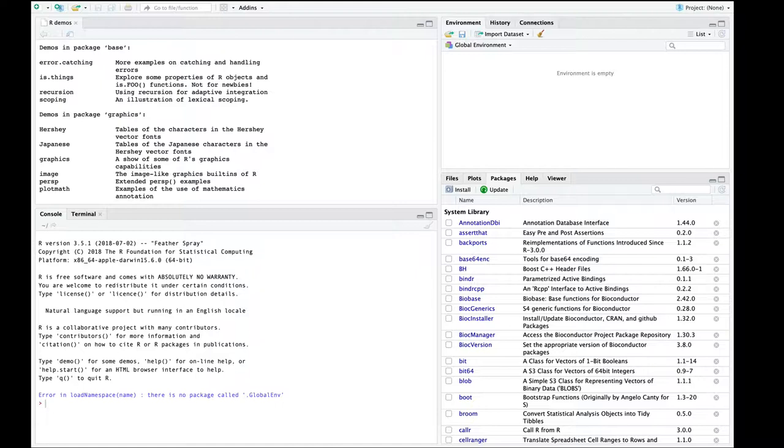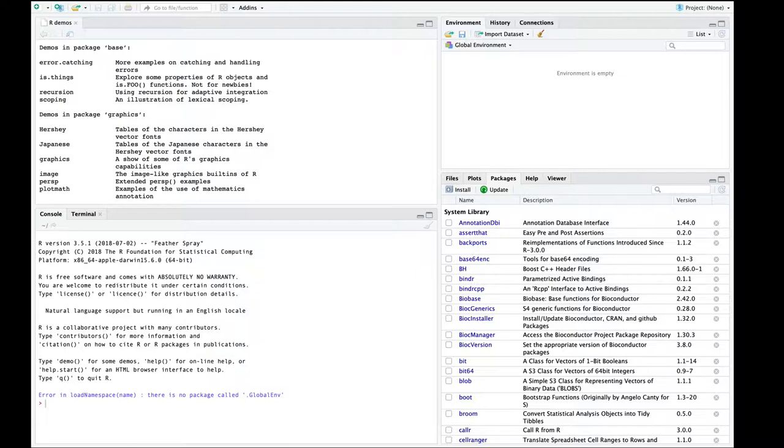in case you need to navigate through directories. On the top right hand side, you'll see a window that says environment, history, and connections. For all intents and purposes, you will be working primarily with the environment tab, not really with history or connections. That will not be covered in this class, but in this area, you will see the environments that you currently have running on your session, which I just opened up, so it does show the environment as empty. On the bottom right-hand corner, you see another window pane that gives you 5 tabs, and that's Files, Plots,